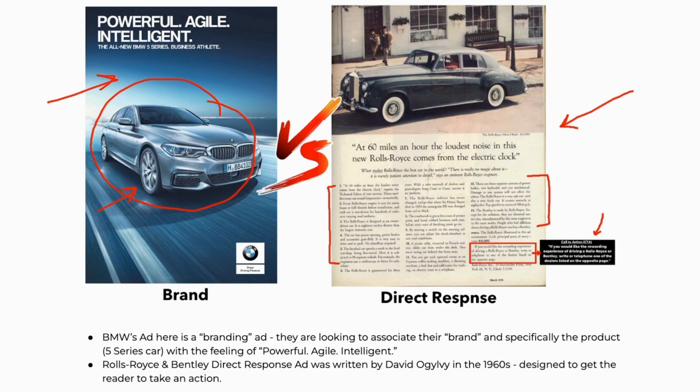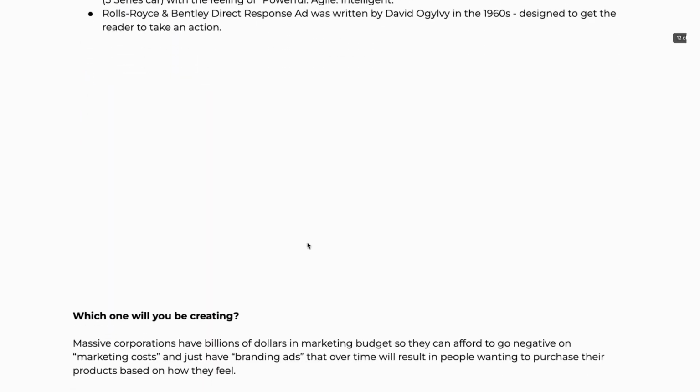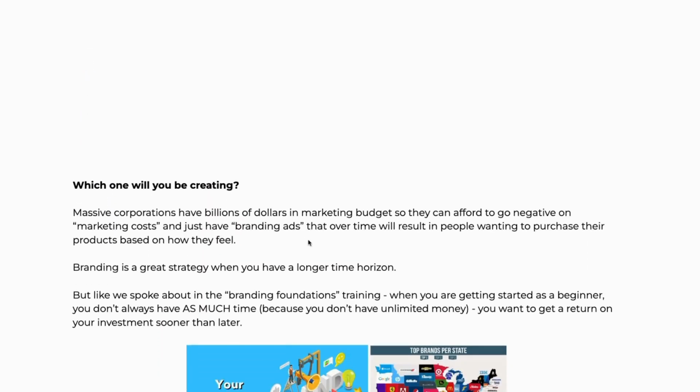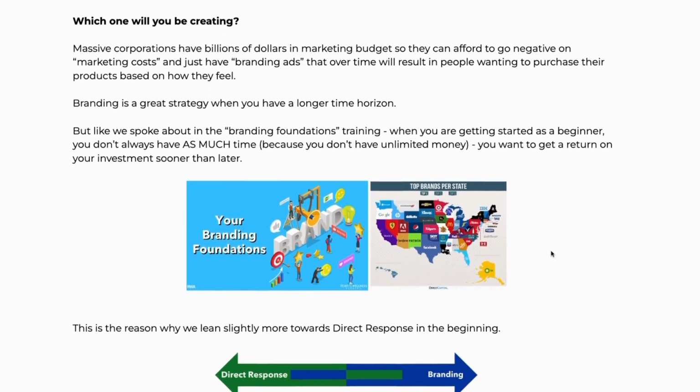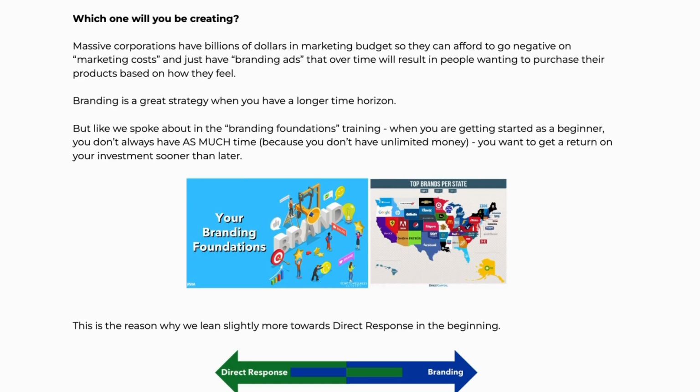Okay, now the other question that you might have once we go over this is, okay, well, which one am I going to be creating? Which one are we going to be focusing on? The thing you have to understand is that massive corporations have a different goal, right? Because massive corporations have billions of dollars in marketing budget, they can afford to really go negative on their marketing and acquisition costs because they can lean on their branding ads, associating positive feelings for those people and saying, hey, maybe